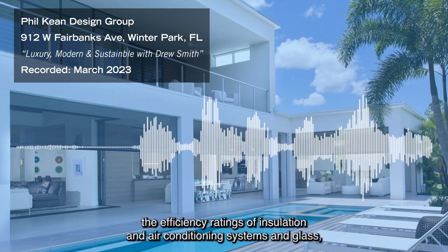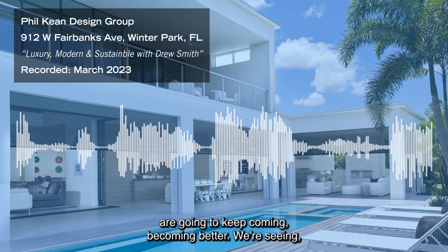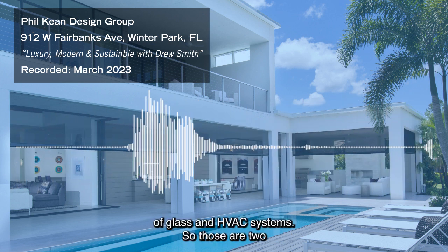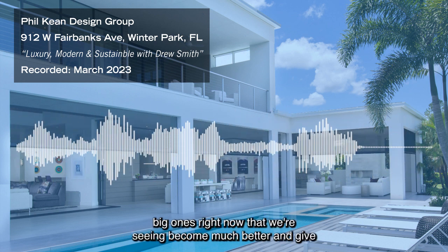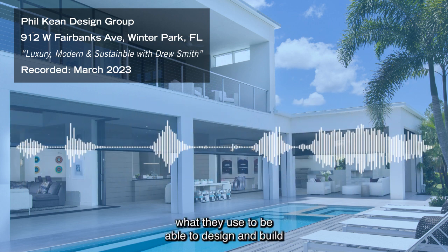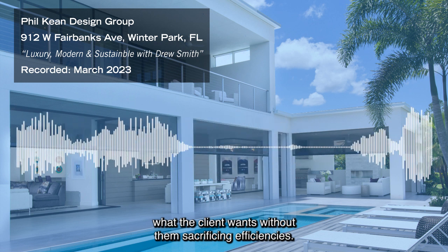The efficiency ratings of insulation, air conditioning systems, and glass are going to keep becoming better. We're seeing a great increase in the efficiencies right now of glass and HVAC systems. So those are two big ones right now that we're seeing become much better and give builders and architects a lot better choices of what to use to be able to design and build what the client wants without them